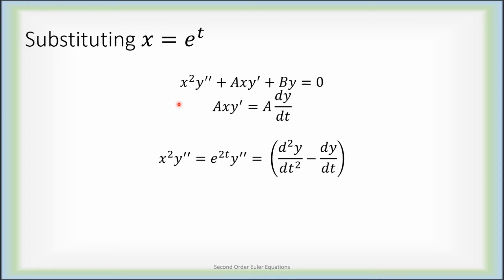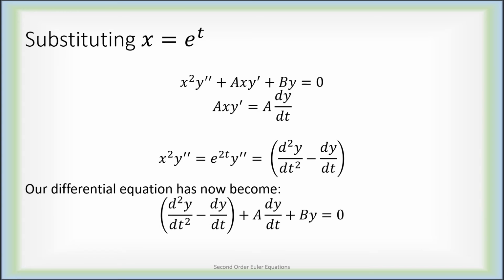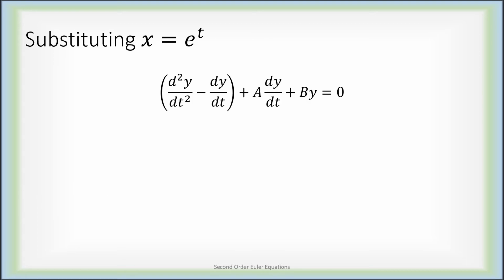So now what we can do is take this expression for x squared y double prime, this expression for a x y prime, leave this alone. And now our second order Euler equation, by substituting x equals e to the t, is this right here. So here's the new form of our second order Euler equation, having successfully replaced all instances of the variable x with the variable t. If I collect this according to which derivative of y we've taken, we just have the second t derivative of y plus a constant times the first t derivative of y plus a constant times y